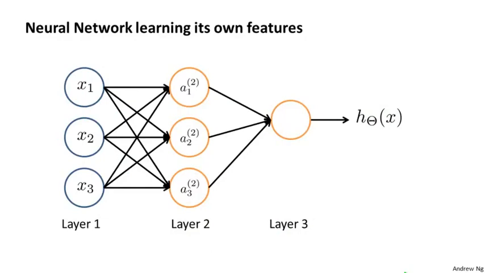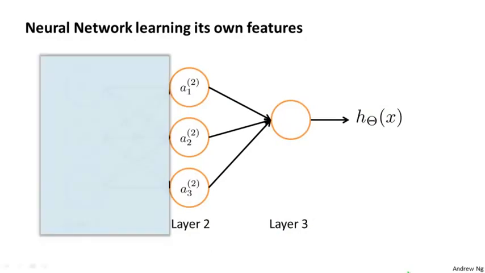Consider the following neural network, and let's say I cover up the left part of this picture for now. If you look at what's left in this picture, this looks a lot like logistic regression, where we're using that node, that's just a logistic regression unit, to make a prediction h of x. And concretely, what the hypothesis is outputting is h of x is going to be equal to g,